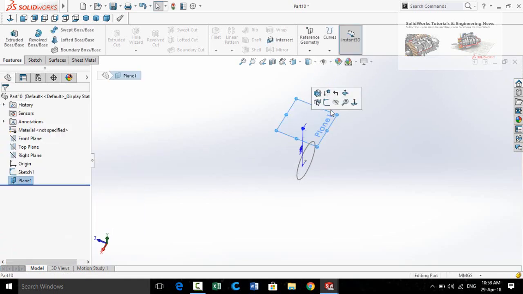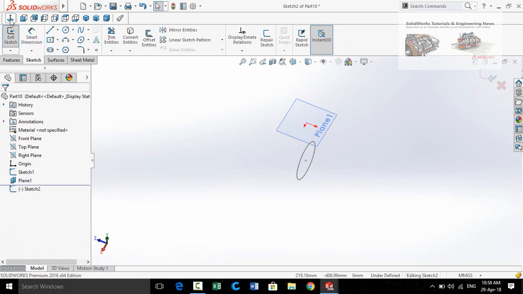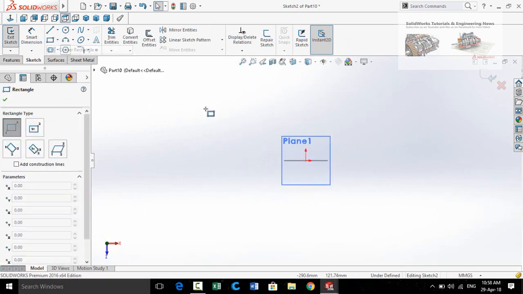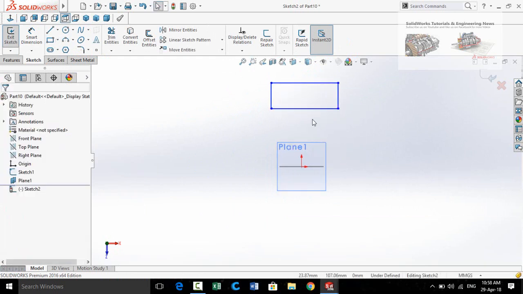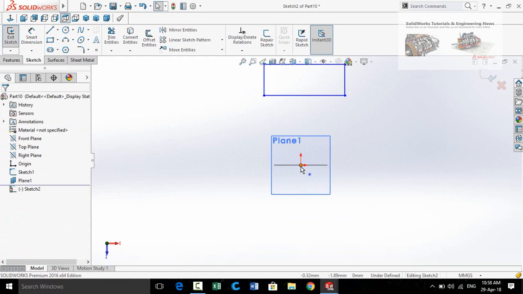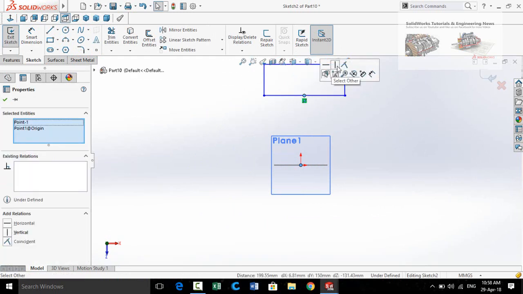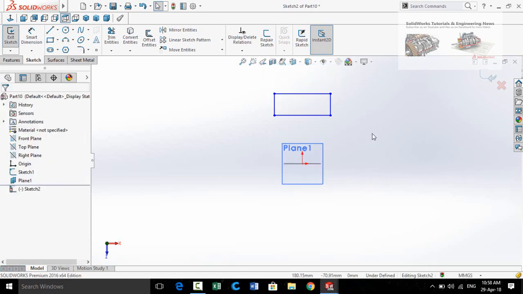Now sketch on this new plane 1 and then make normal to. Draw a corner rectangle. Press escape button. Now press and hold Ctrl key from your keyboard. Select the origin and this midpoint. Make their relation vertical.